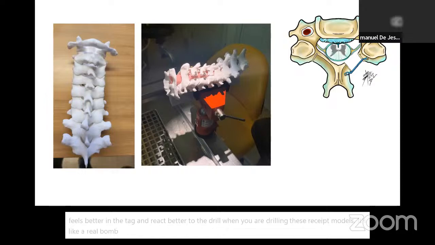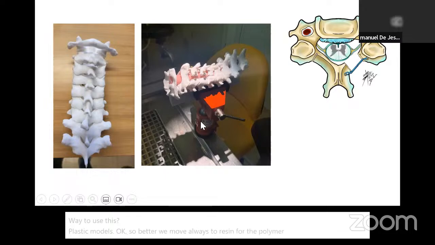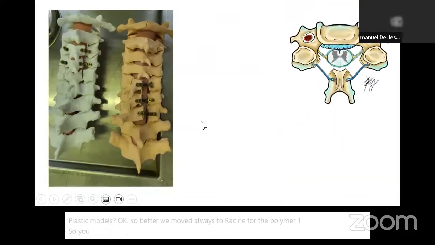Unlike the plastic one, which can melt because the friction gets hot, and then it melts. So it's not good. In this case, we can say it's not the best way to use these plastic models. So we always move to resin photopolymer ones. You can see here how to make a